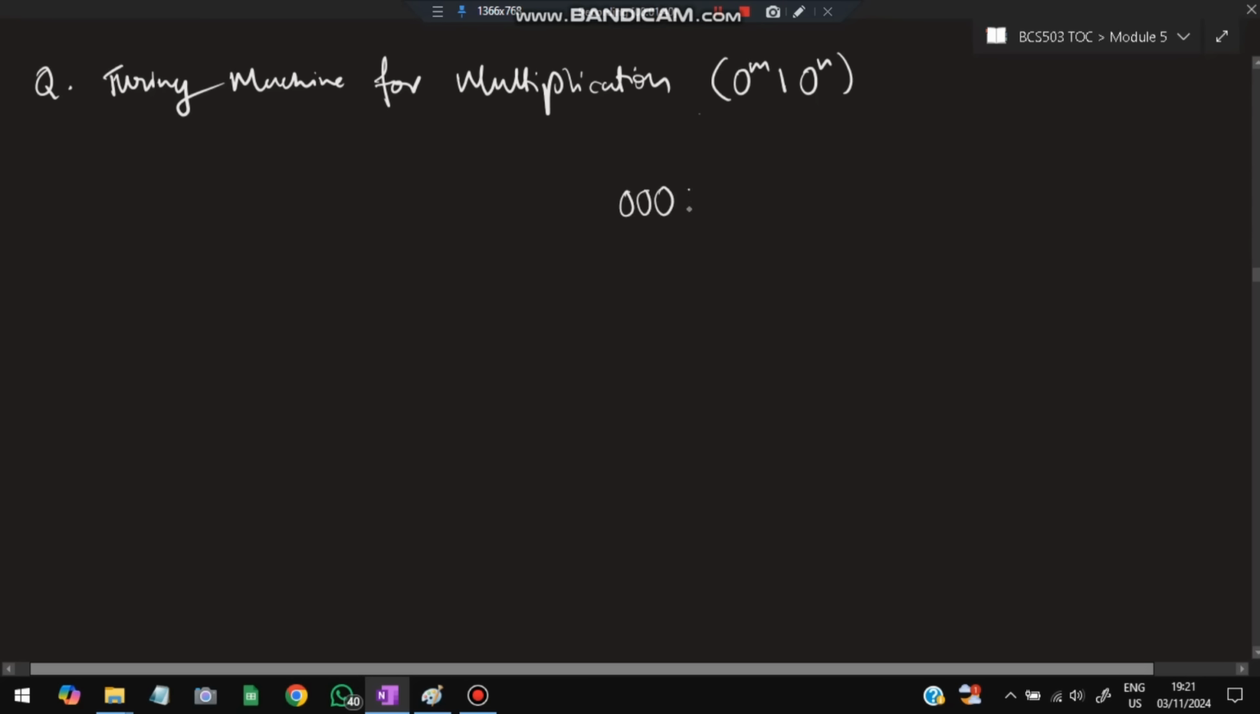0 0 0 1, and here we'll be having a number of B's. So let's take 6 B's for now, because the answer will be 6 in this case. We'll be starting from here. Let's take this as Q0. Now in Q0 I have a 0 here. So from Q0 I'll be making that 0 as B, and I'll be moving forward to Q1, and there I'll